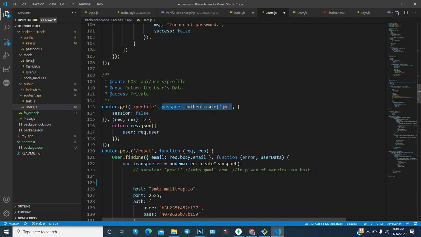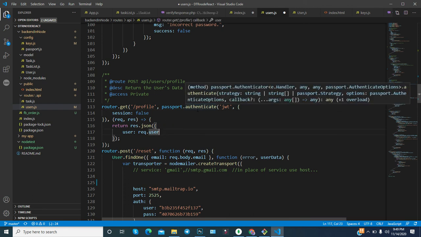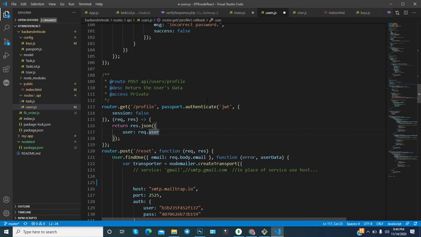It will have a JWT, and try to authenticate, and if authentication happens, then they will verify the token. If the token is verified, then they will provide the user data. However, this does not look correct. So now this user data is being provided.